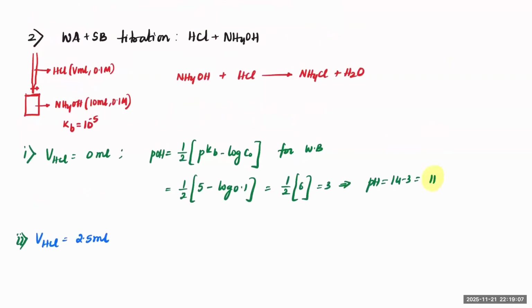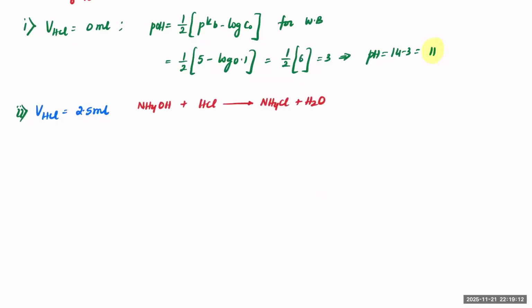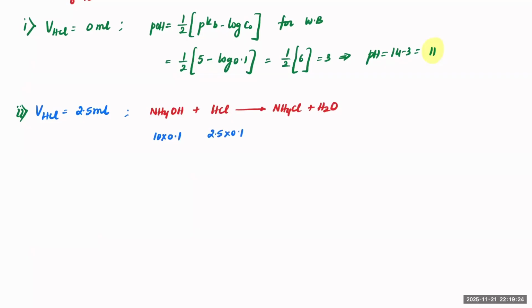Now, how does it change? So basically, this reaction is what is happening right now. In which we have 10 ml into 0.1 molar, which is fixed. And here you added 2.5 into 0.1 molar. So obviously this is 1 millimole, this is 0.25 millimole. So this will get over with and you will be left with 0.75 here, and you will be having 0.25